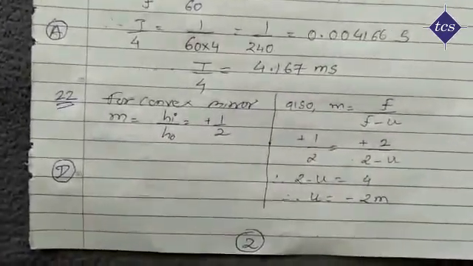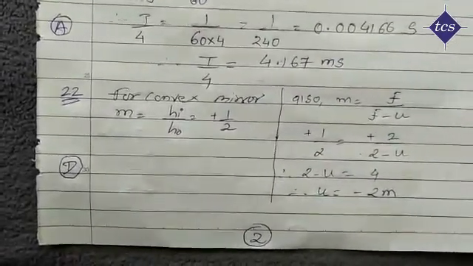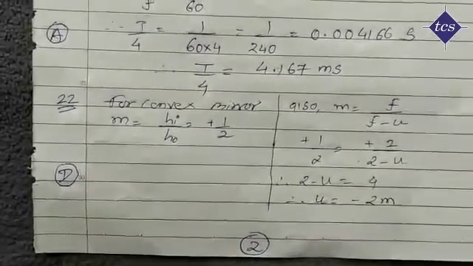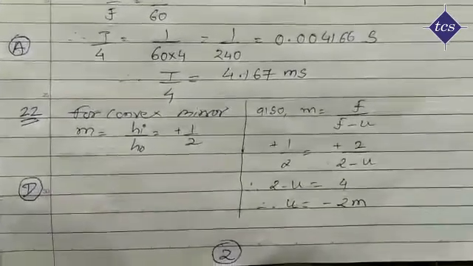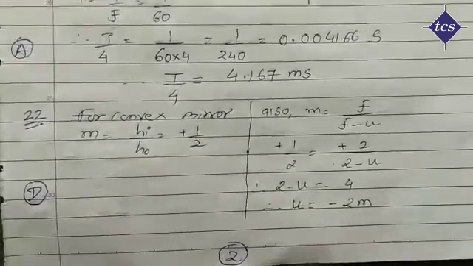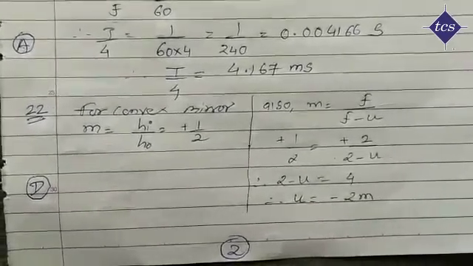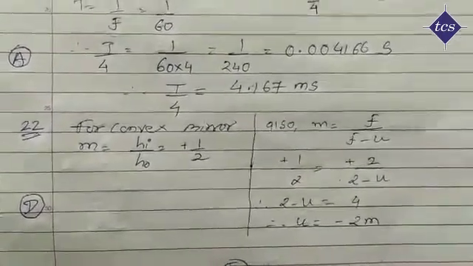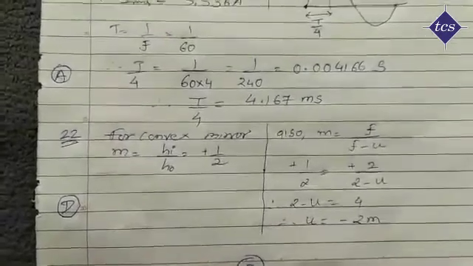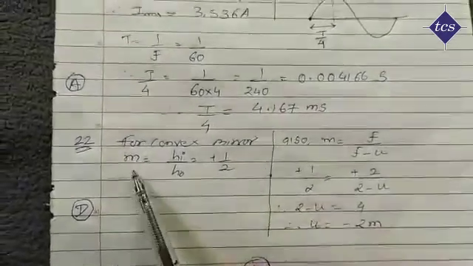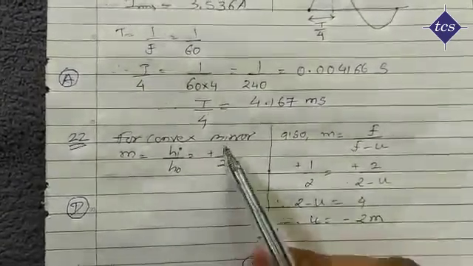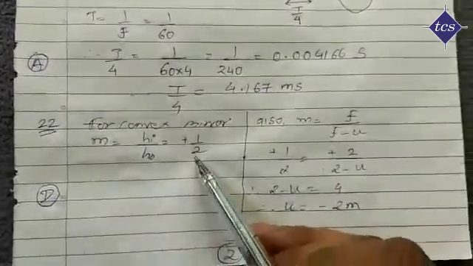Next, 22 number. So in the question it is mentioned, where should a person standing straight on a pole be placed from a convex mirror of focal length 2 meter, on its axis, so that the image formed becomes half of its original height. So for a convex mirror, first of all we'll find the magnification. Magnification is given as hi by ho, which equals half, given in the data.